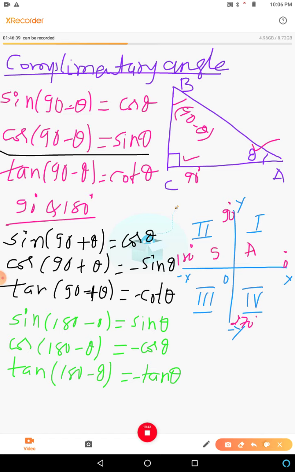All Students Take Coffee. ASTC. A for All, S for Students, T for Take, C for Coffee. All Students Take Coffee. That is, in this first quadrant